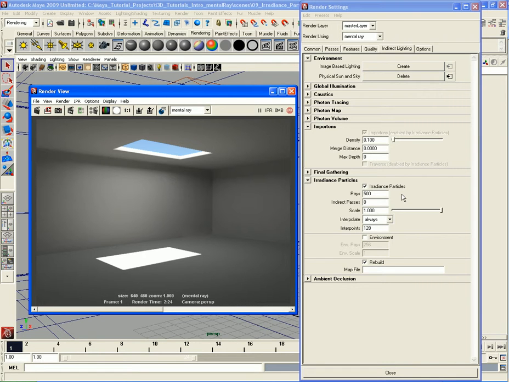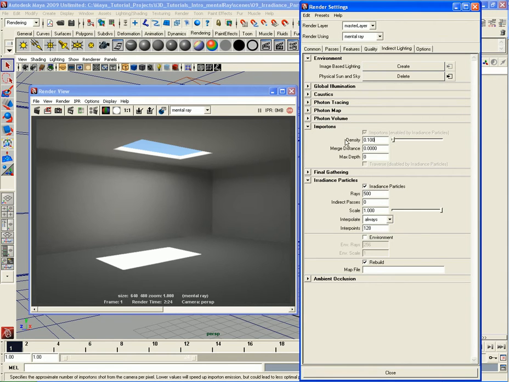So the trick is to use the least amount of importons possible. If you see you have any artifacts here or something's unacceptable, start to increase the density by very small amounts. You don't want to increase it by too much. You don't want to go from 0.1, for example, all of a sudden to 0.5 or to 1. You want to increase maybe from 0.1 to 0.2, maybe to 0.15. Small numbers are your friend here because they're going to introduce just the right amount of importance